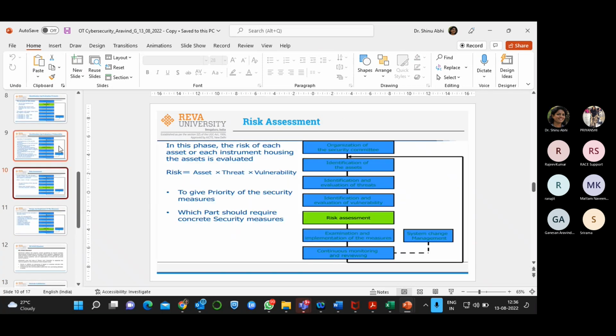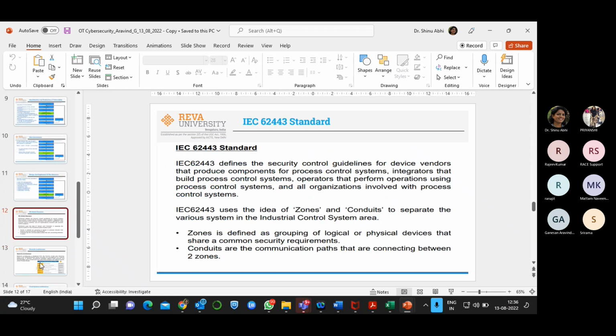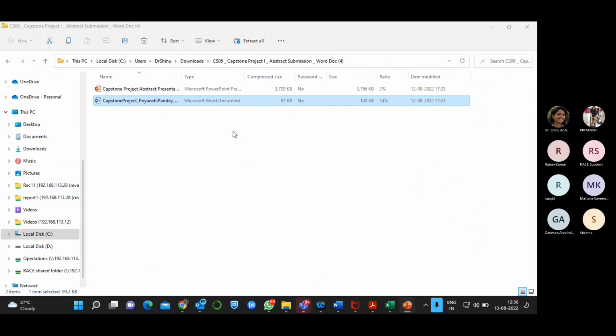Sure, ma'am. And in the 13th slide alone, I will explain, ma'am, just 1 minute. So here is how we are segregating. After doing the risk assessment, we will be designing the new architecture. So how we will be segregating the new